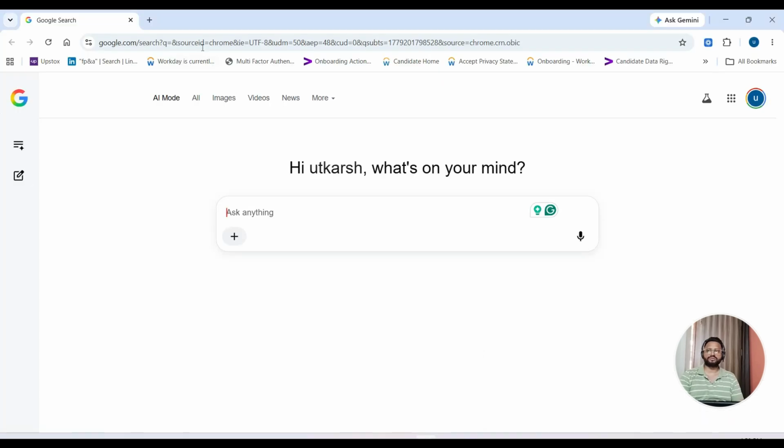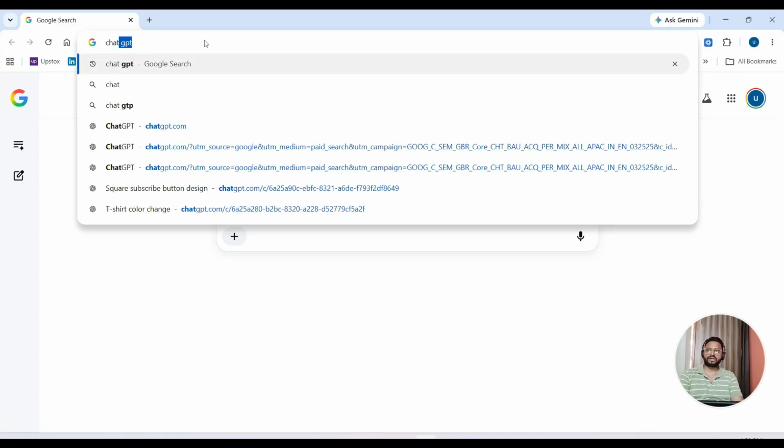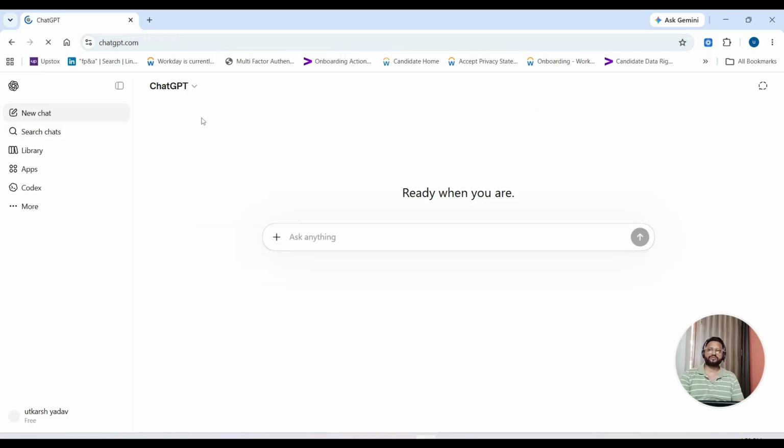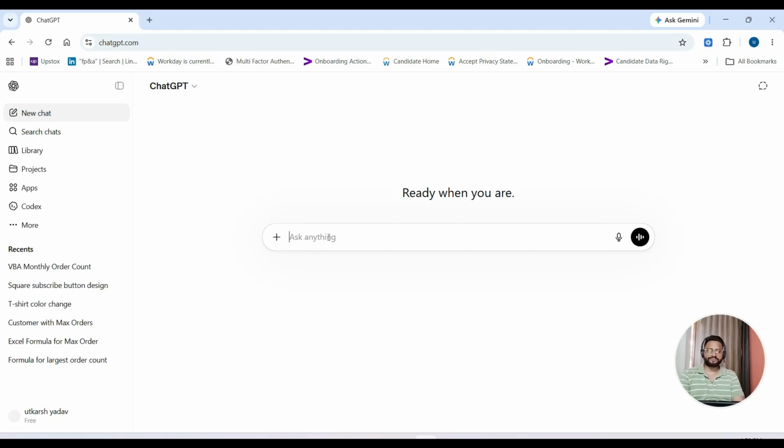We'll open the web browser. Let's say ChatGPT. We'll open the ChatGPT platform. So this is the official page of ChatGPT here. So let's start writing our prompt here. Let me say, sort my data by order count, and let me just give the column here for all the order count, column D,